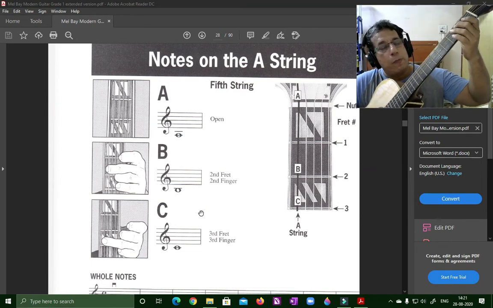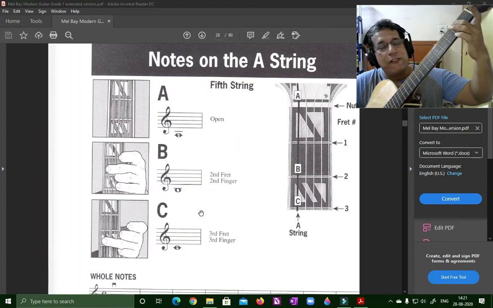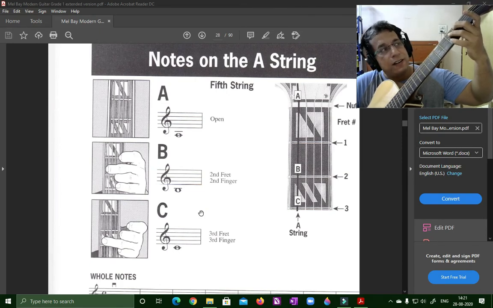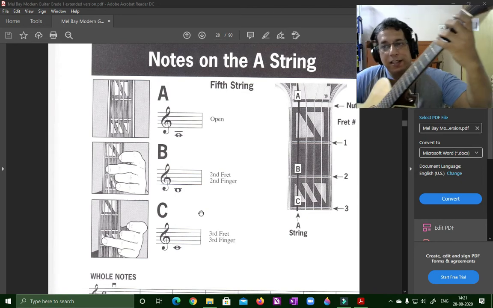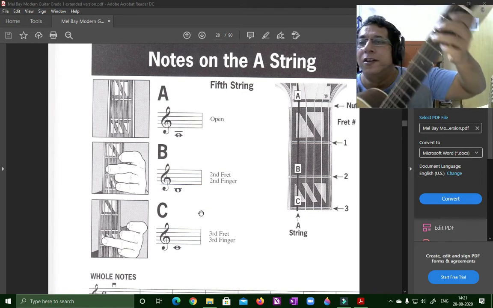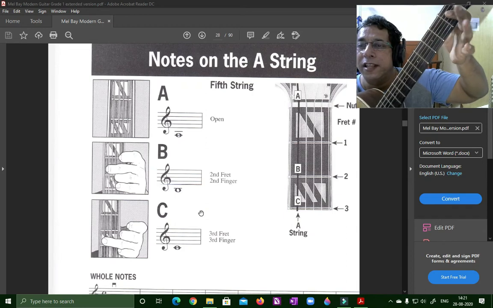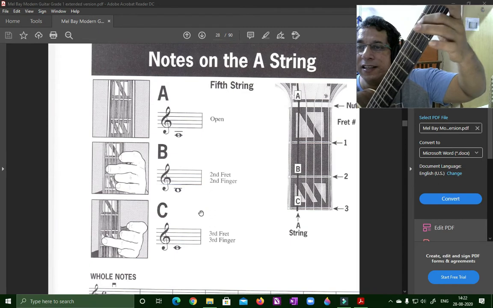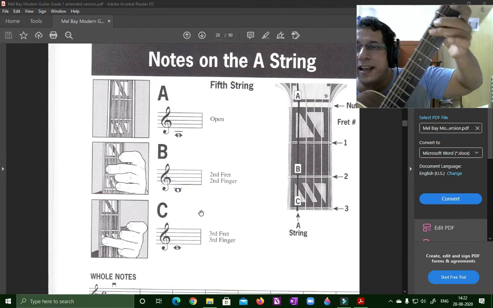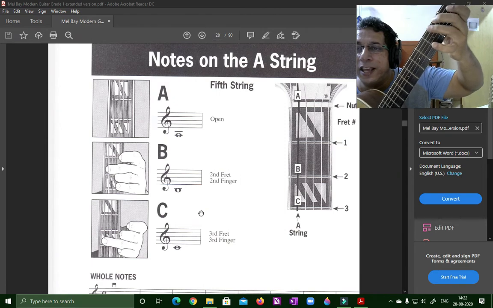Now B is on the second fret of the 5th string, and C is on the 3rd fret. So A, B, C. Now I'll show you as close as possible. This is A, which is this open note, and B is here. And then this is C here. A, B, C. Then D, we know D,